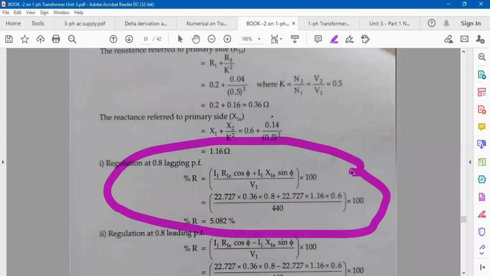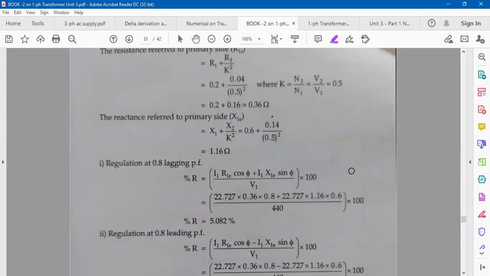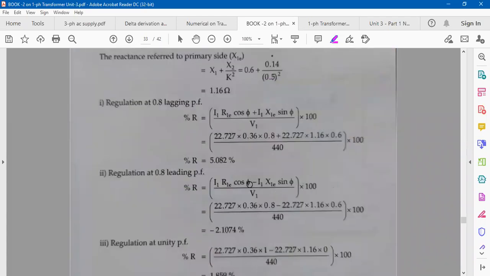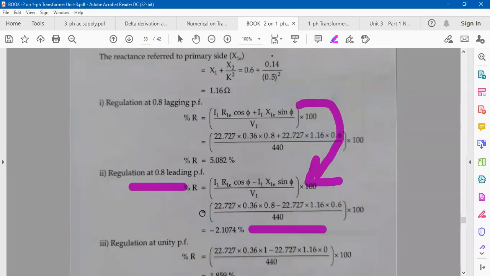No, ma'am. Okay, then for leading power factor, what will be the difference? Minus sign will be there. The rest of all the values will be as it is, isn't it? You can check the formula, only the minus sign is there, all values as it is, and voltage regulation you will get negative because it is leading power factor, so negative voltage regulation. Why? Because V2 becomes greater than E2, and that's why you get negative voltage regulation.